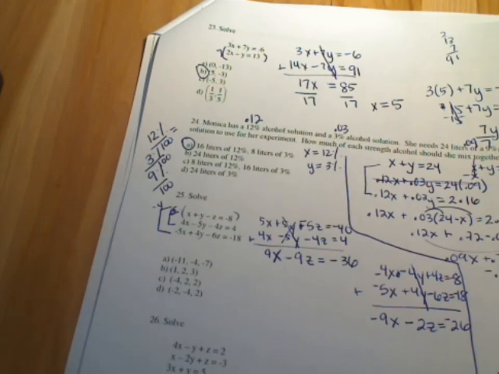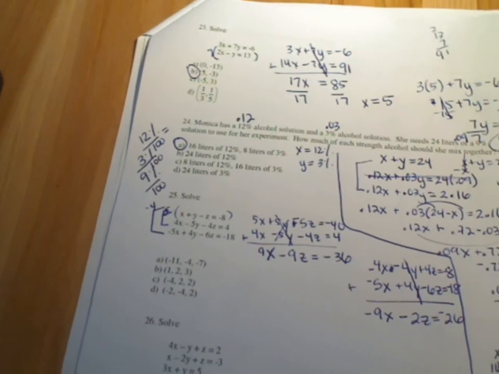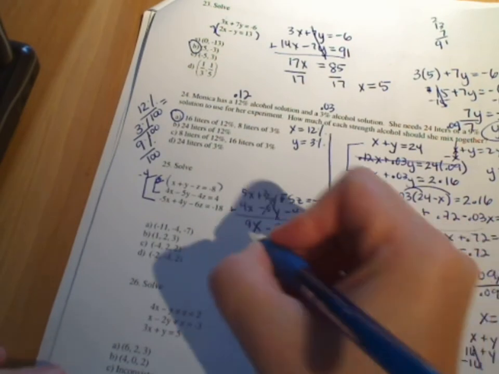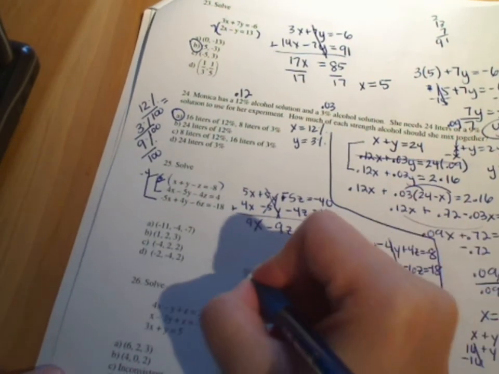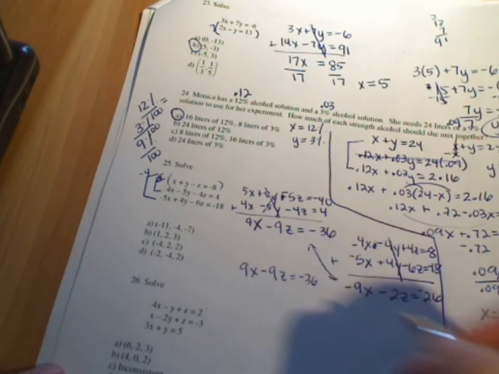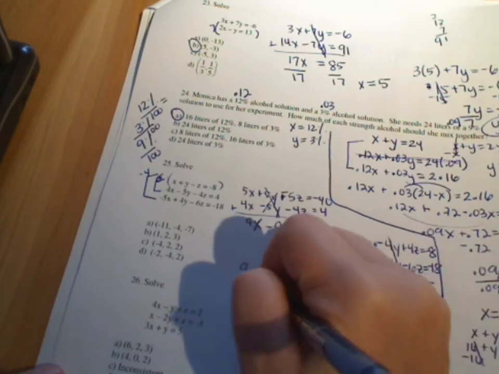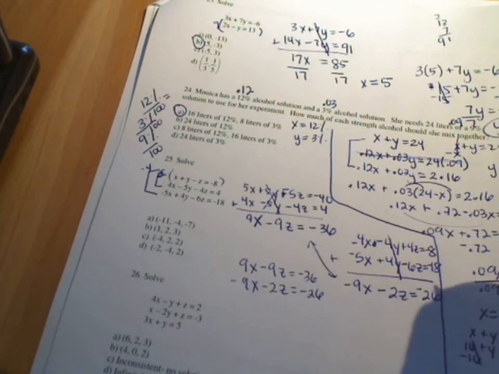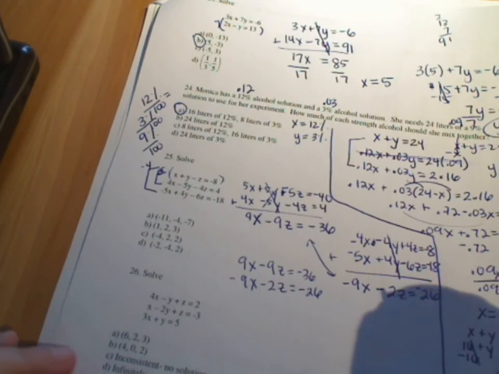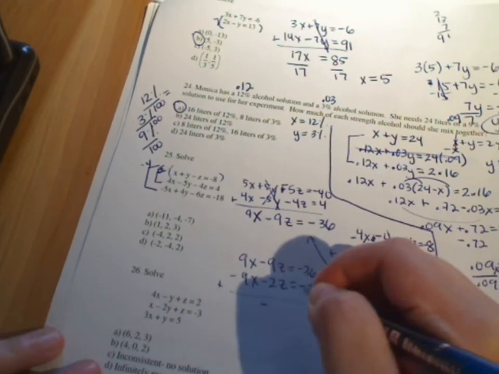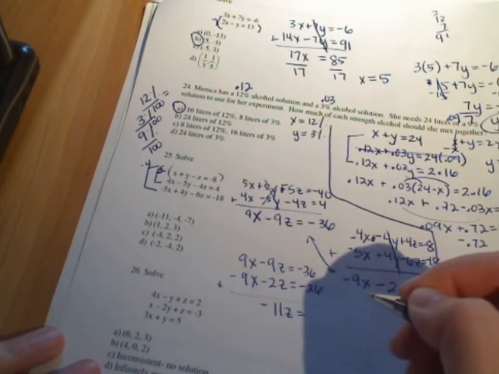Alright, sorry about that. I had to make sure my computer didn't lose power here. Now I'm going to combine these two equations. I'm going to use these two together. 9x minus 9z equals negative 36. Negative 9x minus 2z equals negative 26. Let's see here. So we're going to add these up. Negative 11z equals